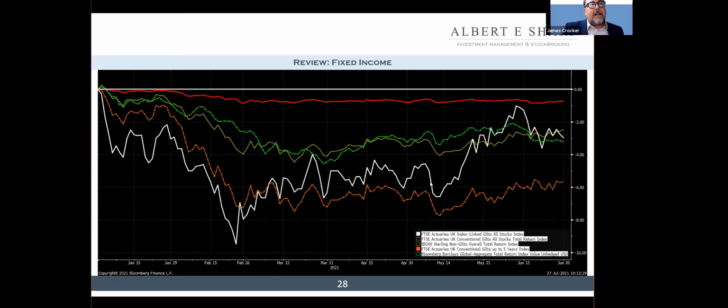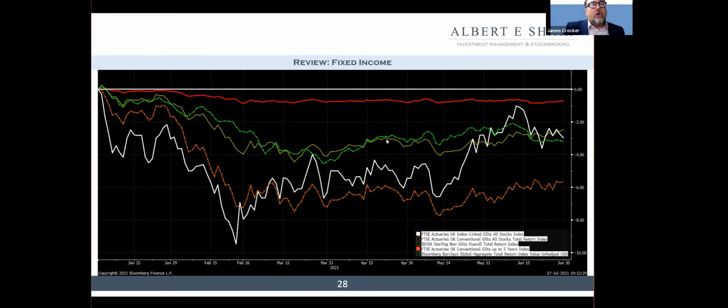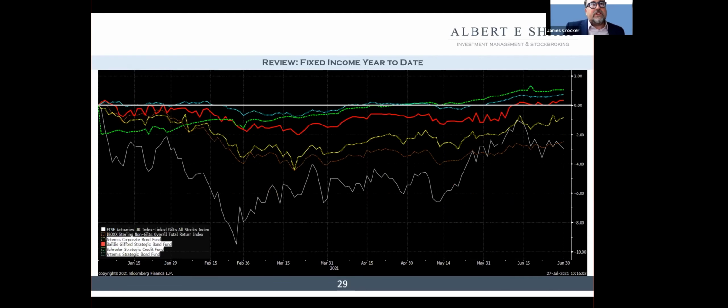We felt that having a blanket policy decision was far too blunt a weapon. When we are fighting in this market, we need to be changing our mind on a fairly short-term basis. This needs to be given to experts. And so what we've essentially done is that we've used a lot of strategic bond funds in this area. And as you can see, maybe if I go back, all of the main indices here are underwater over the last 6 months. But actually, if you look at some of the funds that we're in,